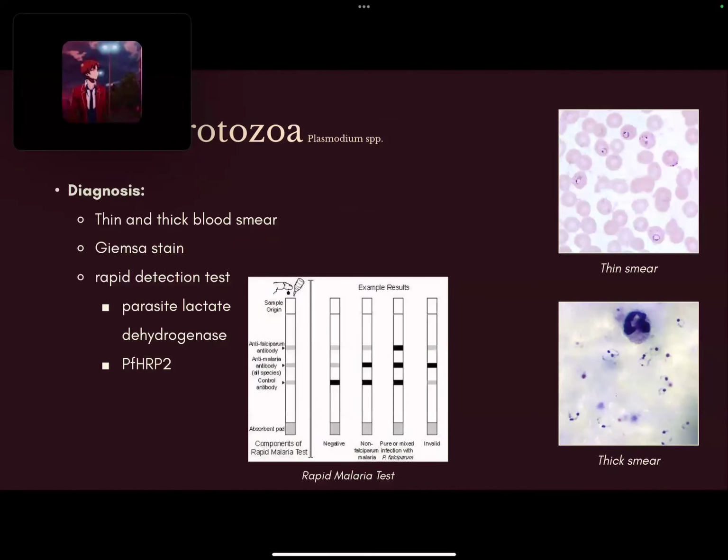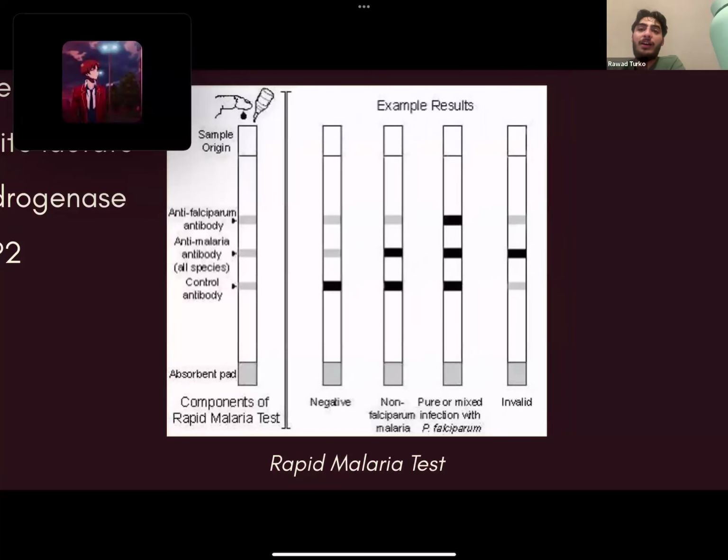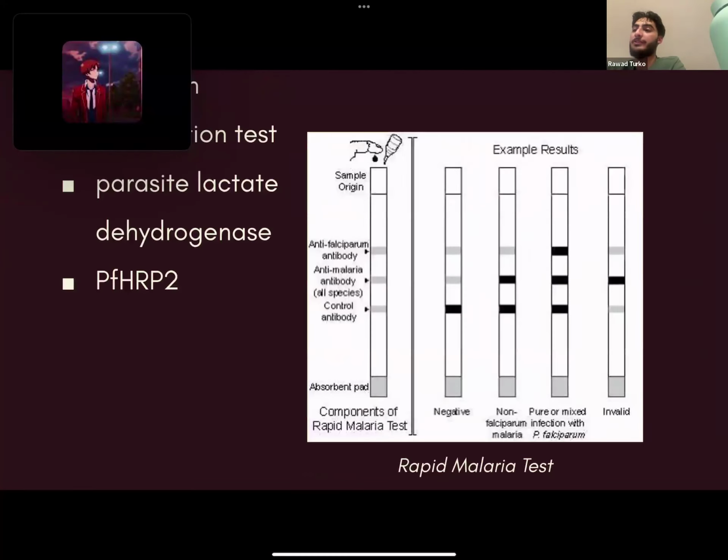Histidine. Right. Wait, histidine antibodies. Right. Yeah. So histidine-rich protein 2. Okay. So these are antibodies against histidine-rich protein 2. So basically, in here, what these three bands are telling you, since they're all positive, this is